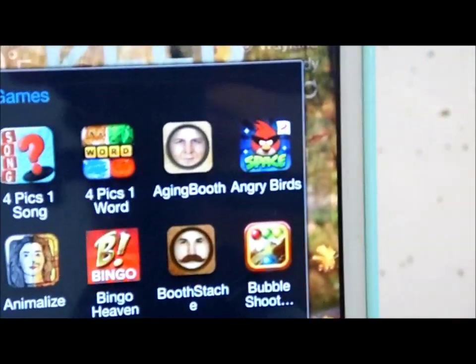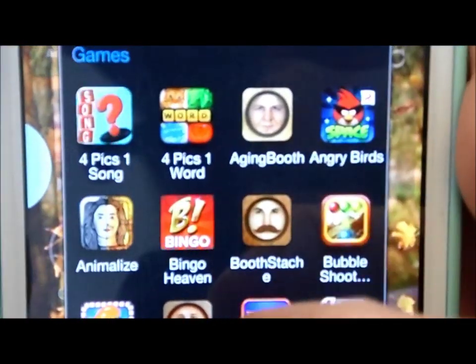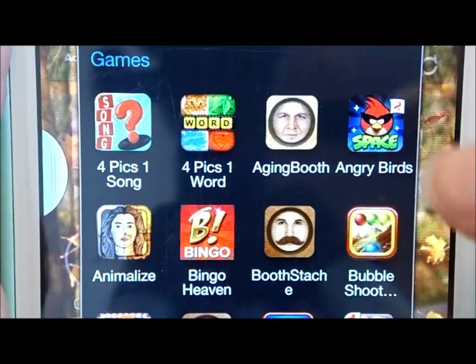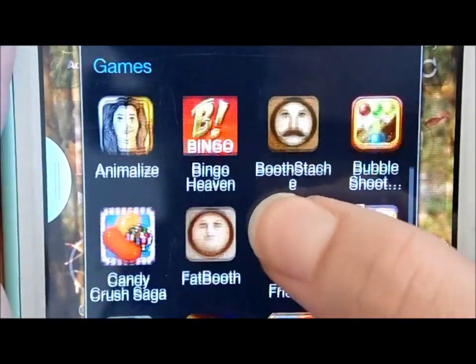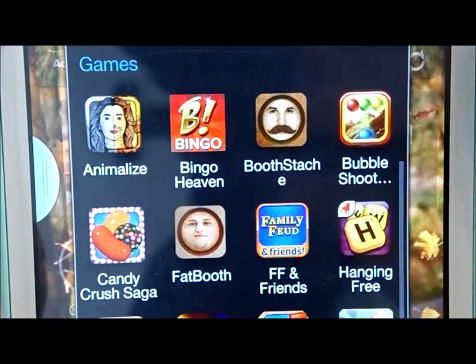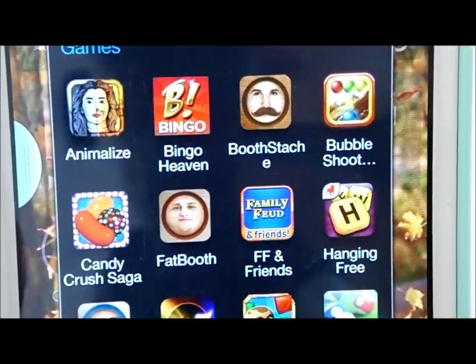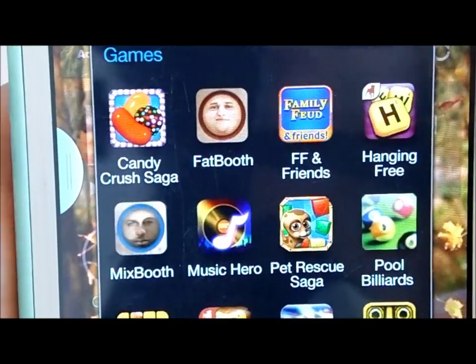You're just picking what the song title is for that one. The next I have is Aging Booth, Angry Birds Space, Animalize, Bingo Heaven, Booth Stash, Bubble Shoe, Candy Crush Saga,